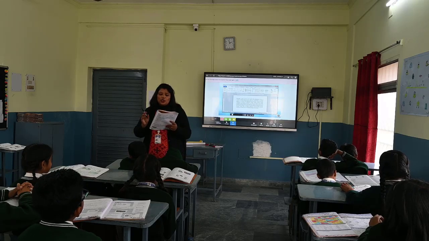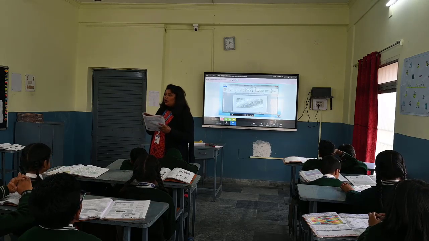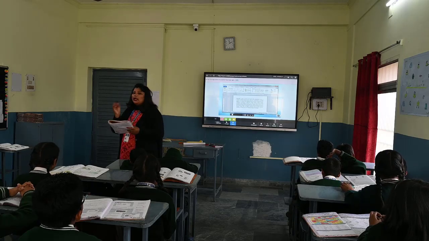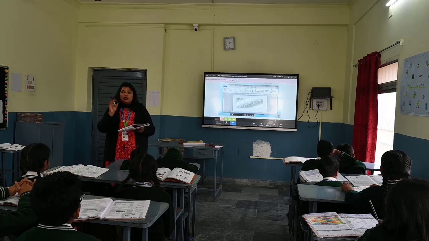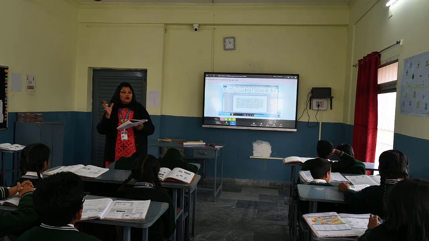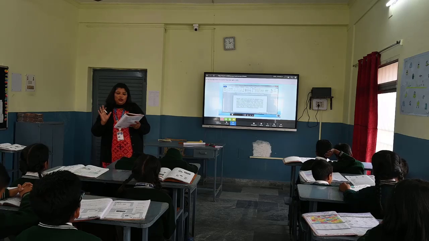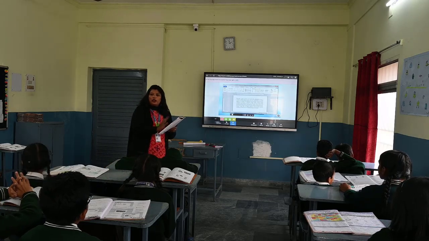We can insert pictures or clip arts in the document along with the text. Okay, clip arts are those pictures which are already there in your computer, kind of cartoon pictures or something like that. Okay, so this is all for now.